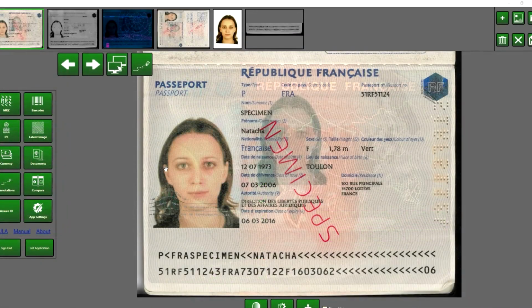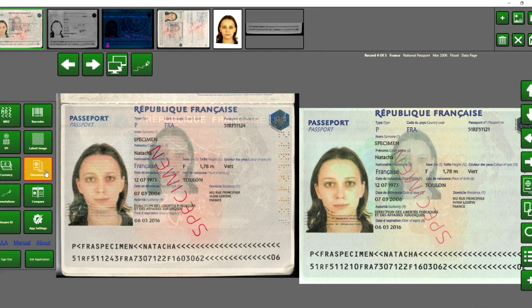We can also use the results from the MRZ to search against the database if installed. So in this case we can click on the documents database icon and we can see we have a match in our reference database. On the left we have our captured image from the PDI, and on the right is our reference image. We can see by zooming in on the two images the difference in the quality of